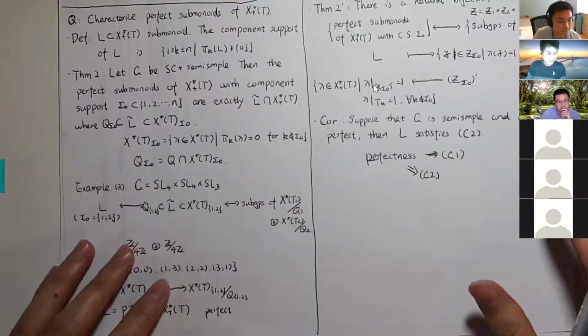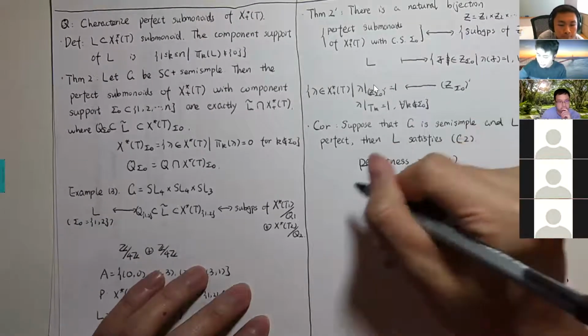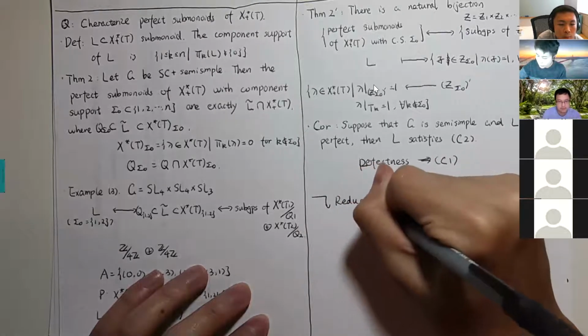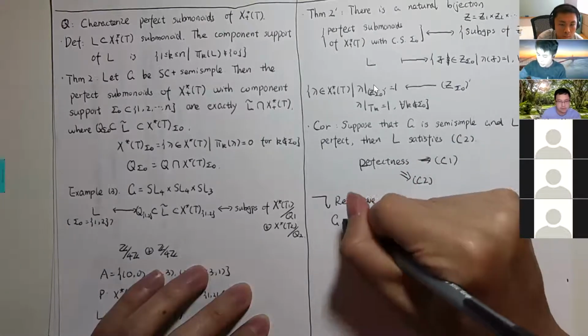I see. Thank you. So this is for the semi-simple case. Now let me move to the reductive case. So for the reductive case, now we let G be reductive,